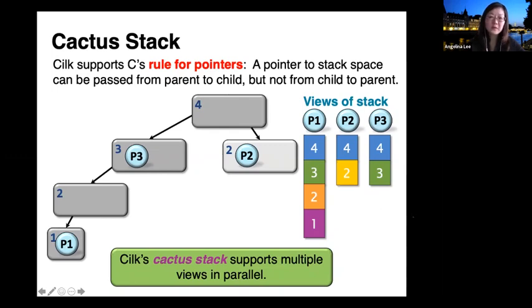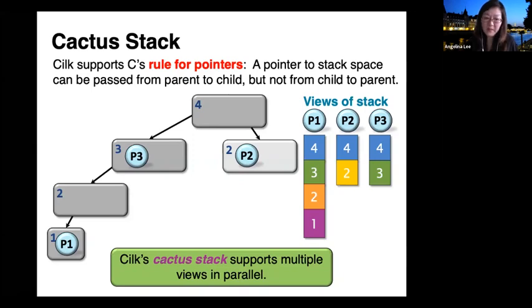We call such a view of the stack different from the regular view of a C stack, right? Because notice how P1, P2, P3 simultaneously have the view of fib of 4. And furthermore, the subroutines of fib of 4, including things like fib of 3, fib of 2, are also alive on the stack.